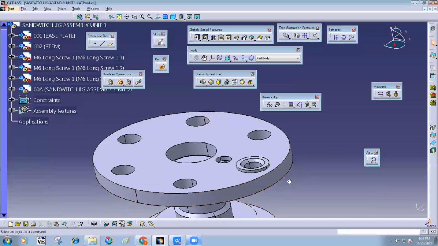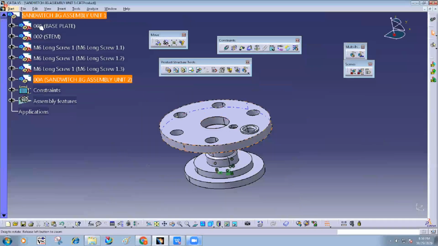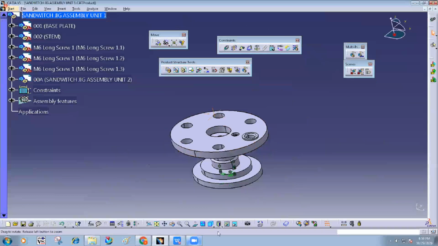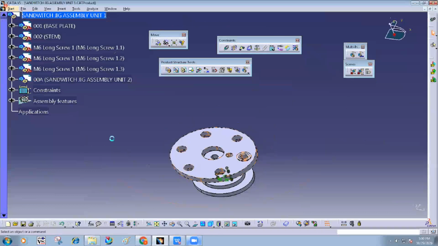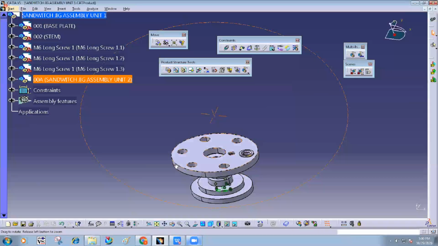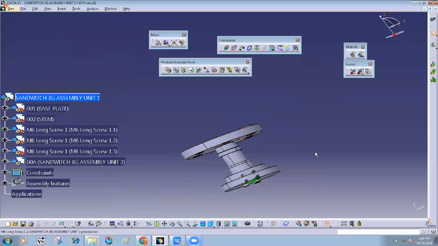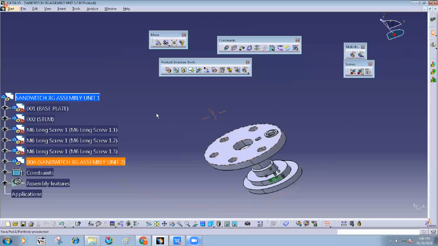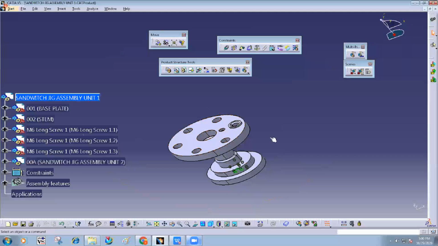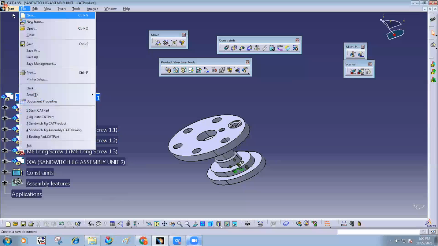How to enter it in assembly? Just double click here. So you go back to the main assembly. Now my question to you is, are any parts from this stored somewhere or not? No, because we created them directly here. Now the question is how to store. Last time we discussed save management. Now use this option, save management.